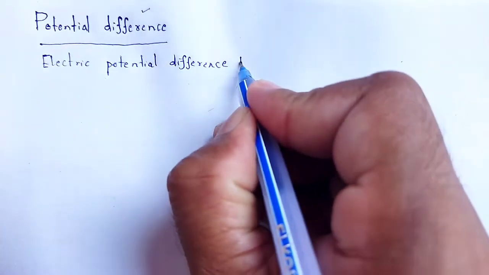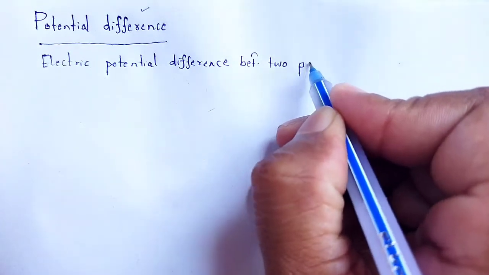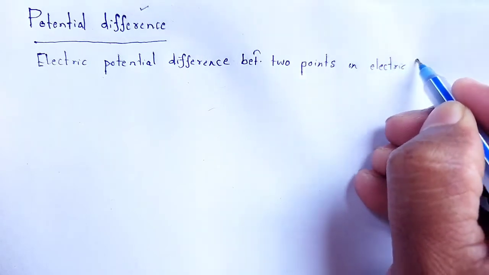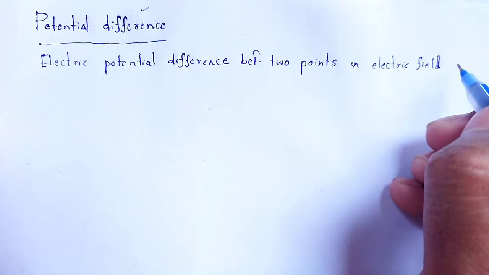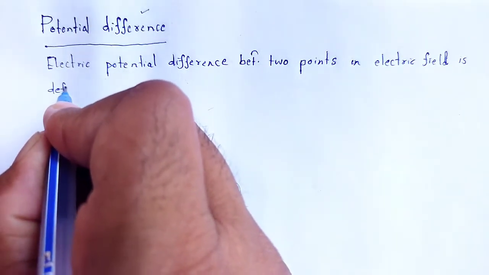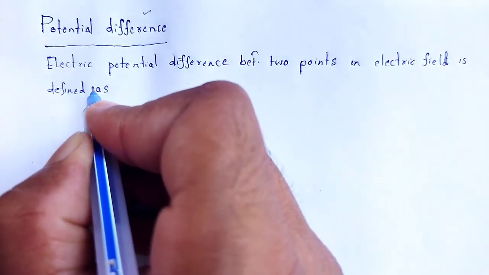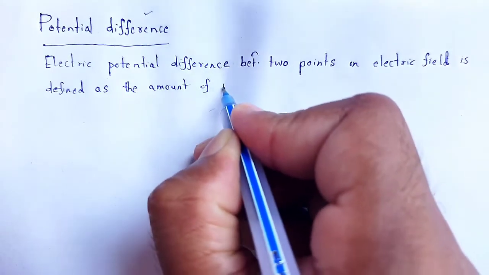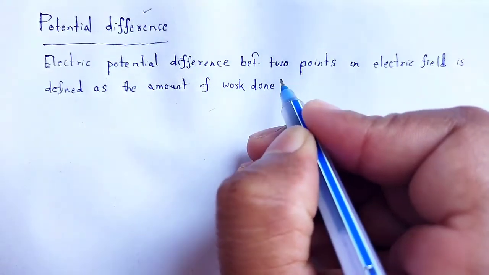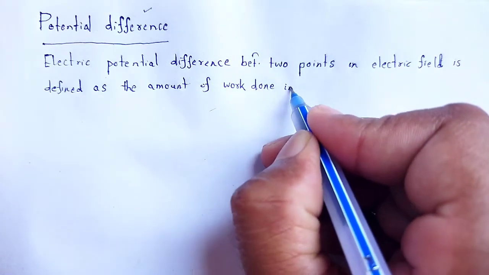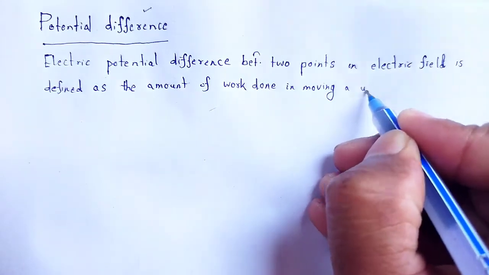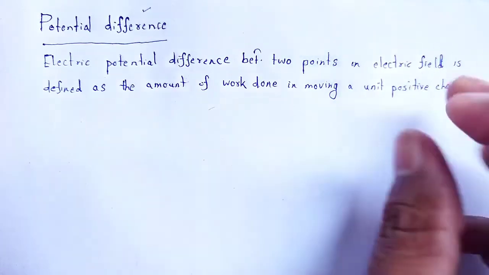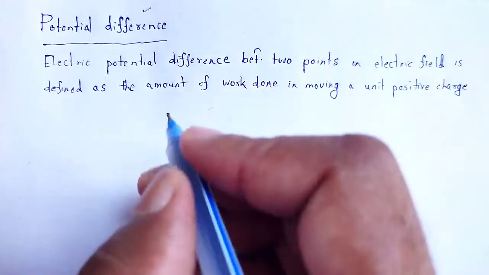The electric potential difference between 2 points in an electric field is defined as the amount of work done in moving a unit positive charge, which is also known as the test charge, from one point to another,